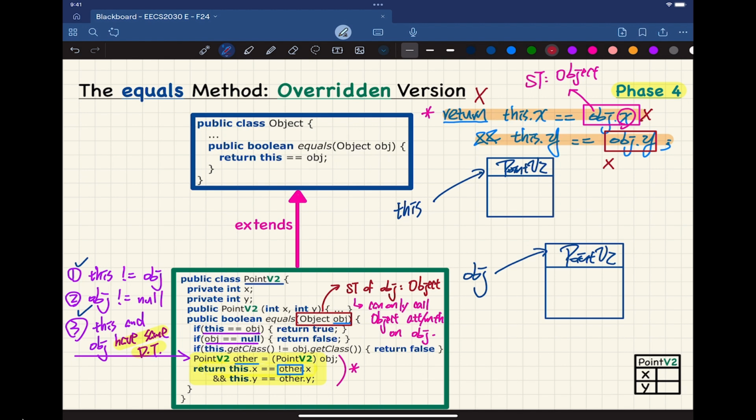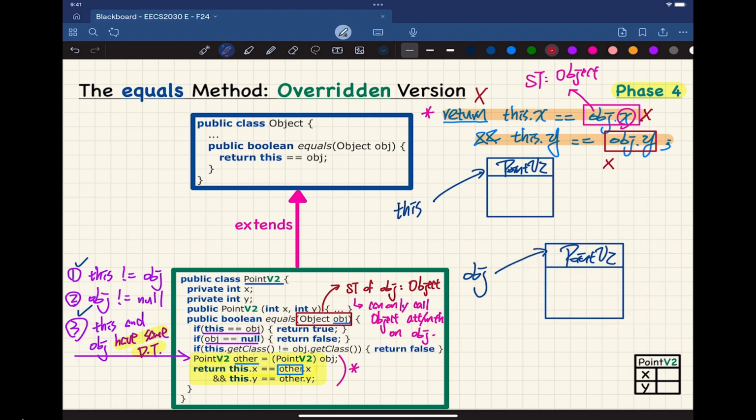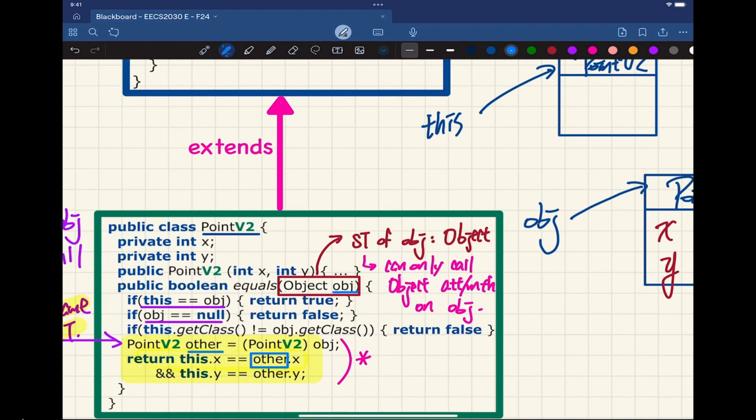Now, if we really wanted the typecasting, how can we do it? The way to think about it is like this. You can see obj dynamically is really pointing to a PointV2 object, which should have both the x and y that I can invoke upon. So it should be possible. Somehow the only one that's not happy is the compiler. There is a way to trick or convince the compiler, which is typecasting. So what we do is something like here. Let me do this one here. So this guy here,